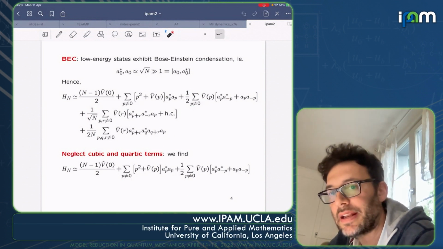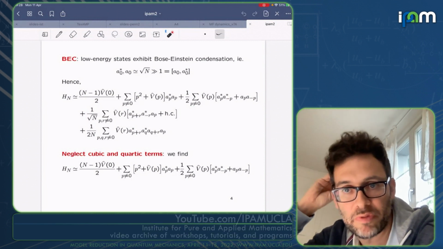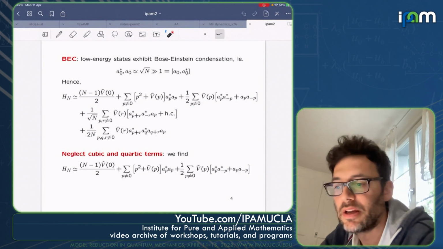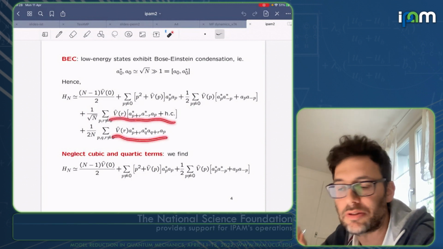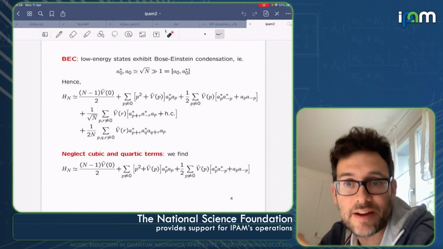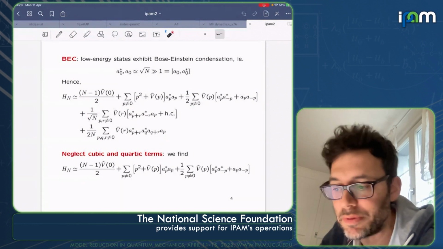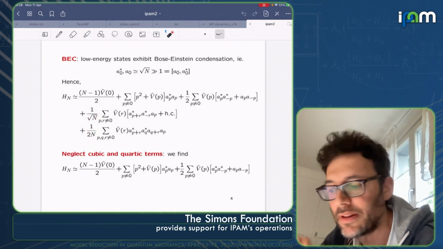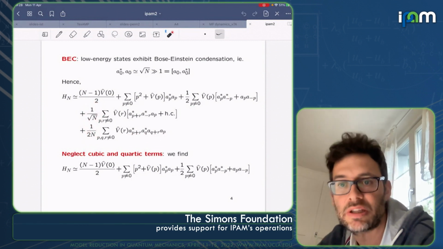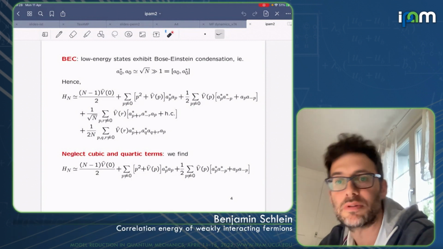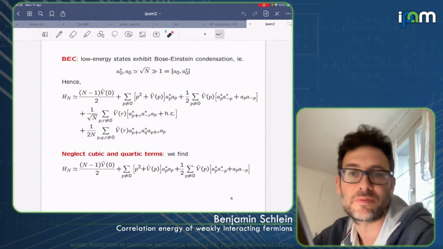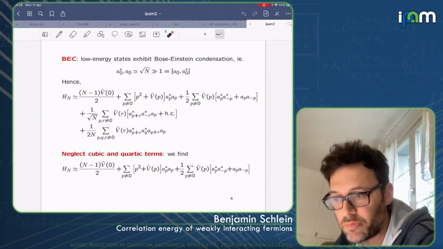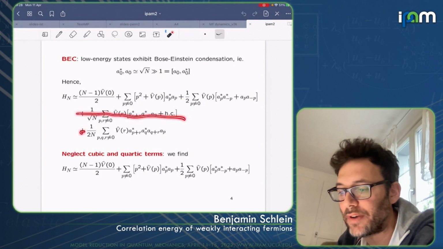Okay, good. And now the next observation that Bogoliubov made is that, if I look at this Hamiltonian, the cubic and quartic terms, at least formally, are of smaller order compared to the rest. Because you see, we still have this 1 over root n or 1 over 2n factor in front, and they only contain creation and annihilation operators with labels different from 0, which therefore are smaller, or order 1. Okay? So Bogoliubov said, let's just ignore these two terms here.